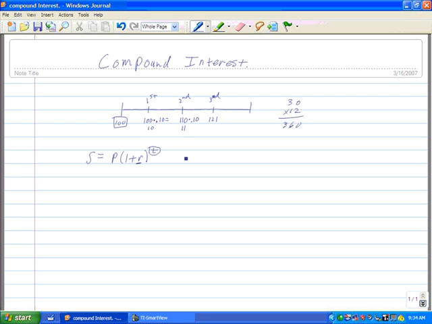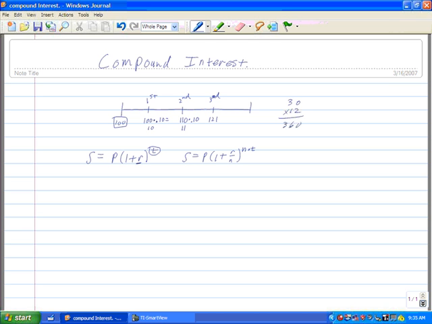So we can update this formula a little bit and say that S equals P times 1 plus, and if we're going to calculate interest something other than yearly, then instead of an R, we're going to have an R over N, where N is the number of calculations per year. And for the power, it's going to be N times T, again, because you're going to possibly calculate interest more